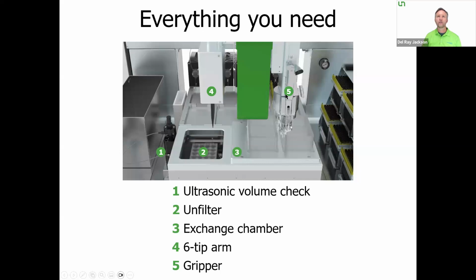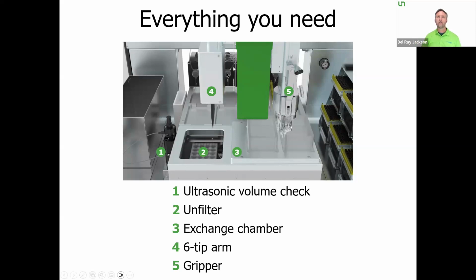That tool is actually picked up by the gripper over here that you see indicated by number 5. That gripper does dual duty. In addition to picking up the ultrasonic volume sensor, it also moves the tips, up to 6 in the tip hotel on the right, to and from the tip hotel and the deck. That unfilter sits right here in the buffer exchange chamber. What's not shown is the door that closes and brings that buffer exchange chamber up to 15, 30, or 60